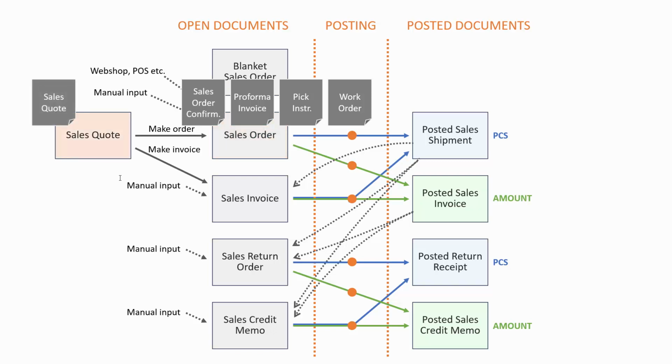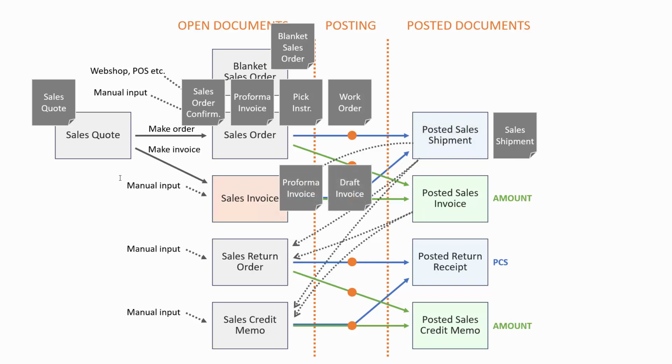On the sales quote, of course, we have the sales quote to send to the customer, and likewise on the blanket order, we have the sales blanket order we could send to the customer. On the posted sales shipment, we have a print that is a sales shipment that normally follows the item with the shipment and is used for the logistics people.